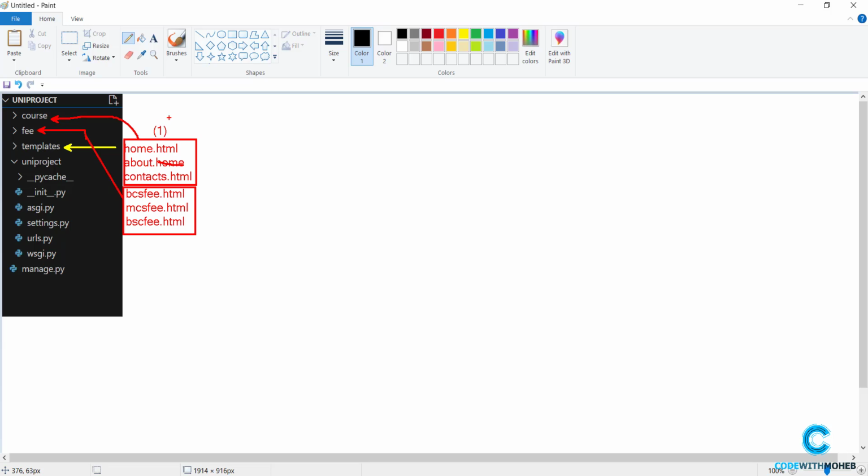And the second thing is that now that we have created our templates, we have to install this templates folder inside our settings.py module. How to do that? This is step number 2. I'll call this step number 2: installing templates